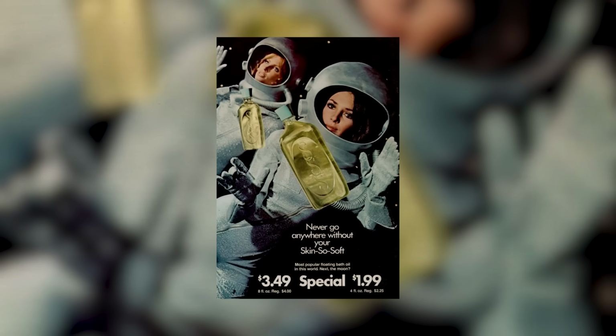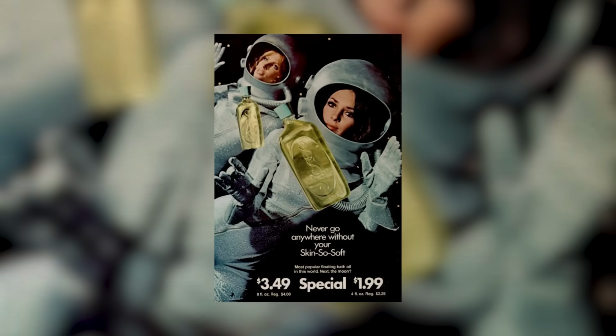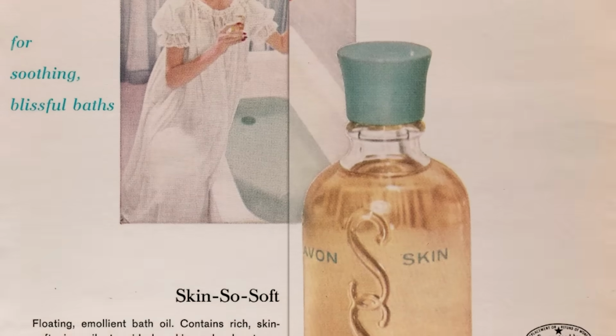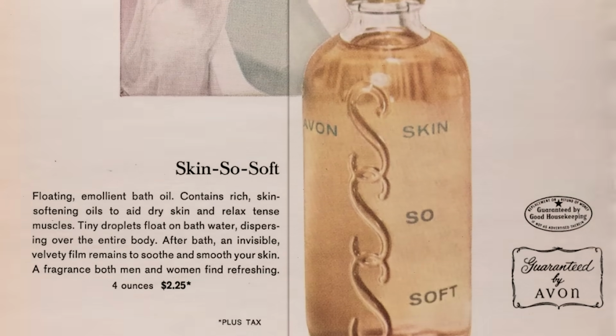Skin So Soft was advertised as a luxurious bath oil that left your skin soft and lightly scented, and it delivered. The scent was subtle, clean, and comforting, and the way it left your skin feeling? Smooth, nourished, and touchable. Somewhere along the way, folks discovered an unexpected bonus. It also kept the bugs away. Word spread fast. Whether you were fishing at the lake, camping in the woods, or just spending an evening on the porch,